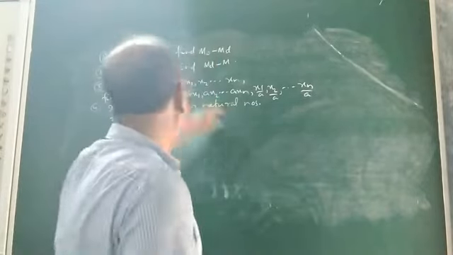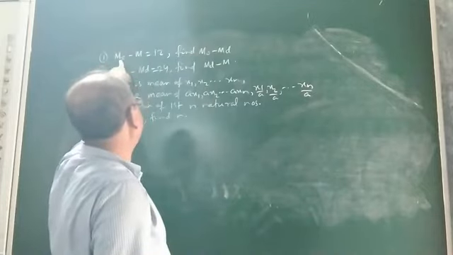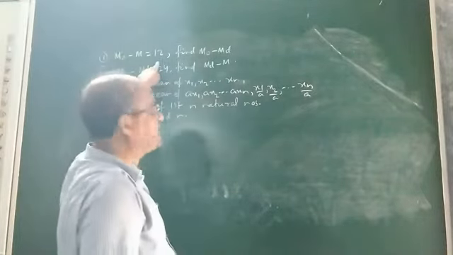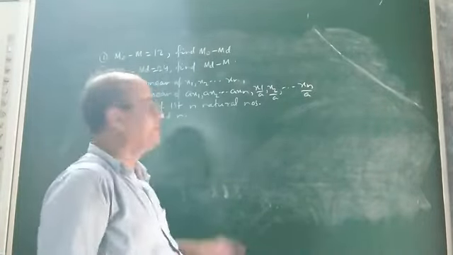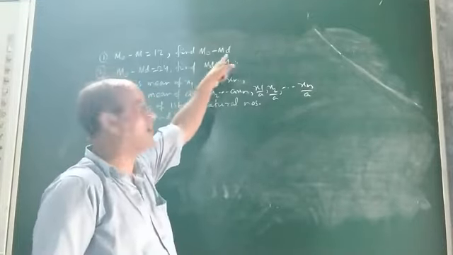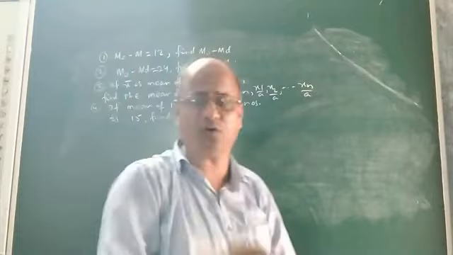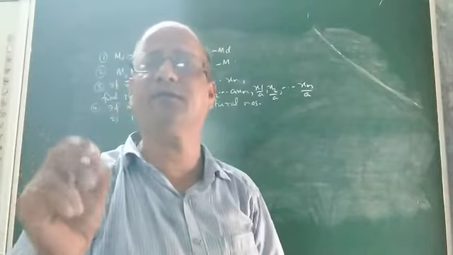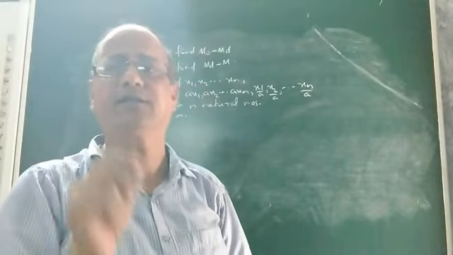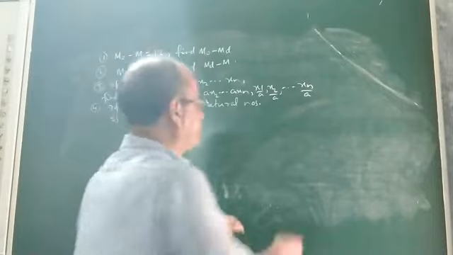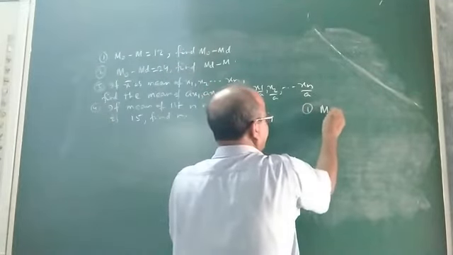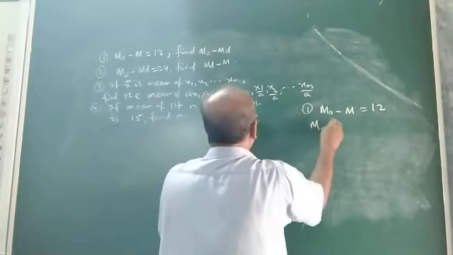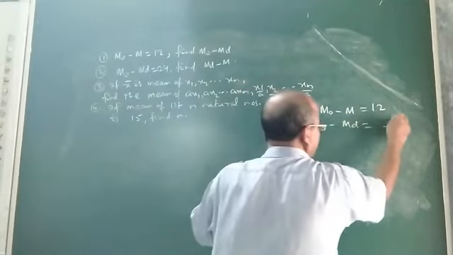See, the first question. If the difference of mode and mean of a series of data is 12, then what will be the difference between mode and median of that series of data? Children, you know what is the empirical relation between mean, median and mode, that is the three measures of central tendency? So in this question we are given the difference between mode and mean, 12, and we are asked to find the difference between mode and median.